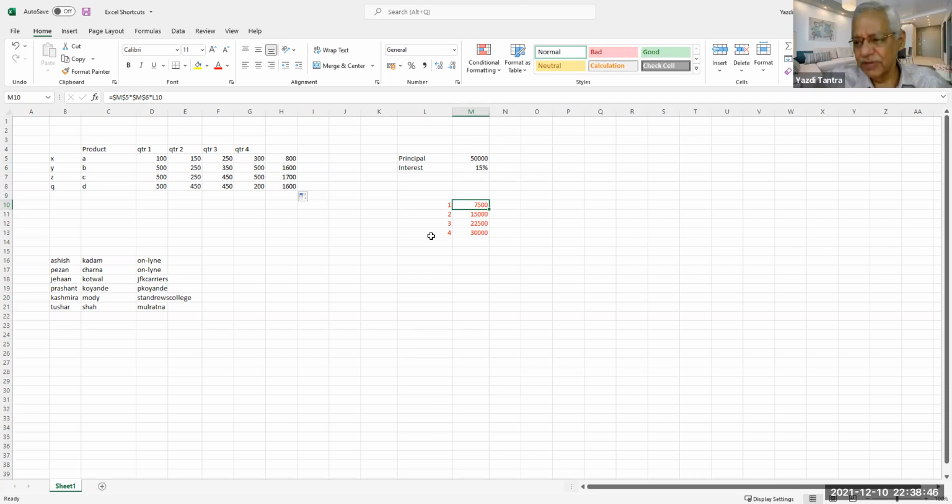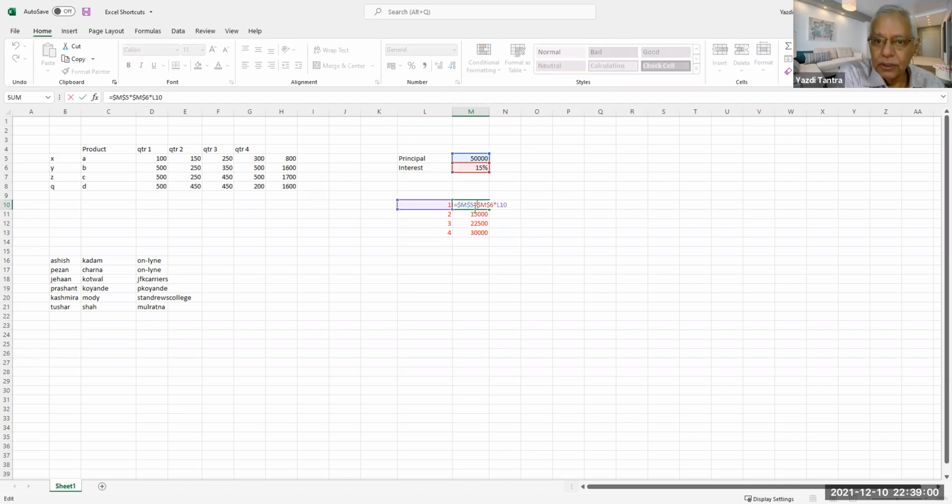So that is where F4 makes constant. And then there are a lot of variations. You can make the row constant, you can make the column constant, you can make both of them constant. That means you make the cell constant. All these are variations of F4. So if I put F4 here now again, what it will do is M is constant, 5 is variable. Here M is variable, 5 is constant.